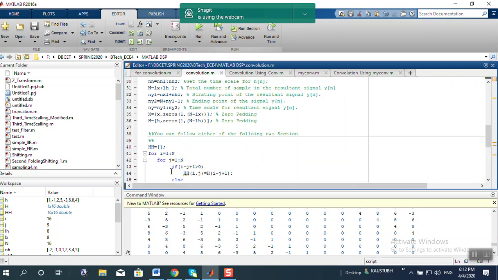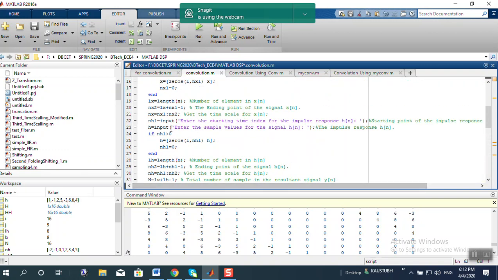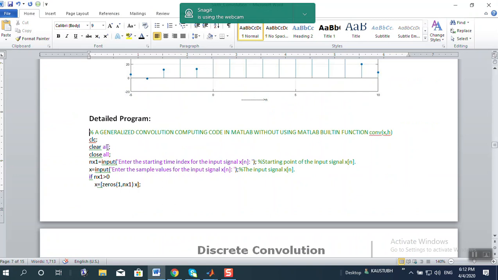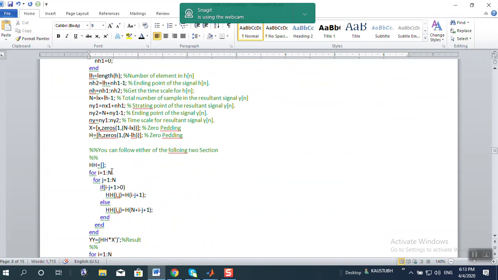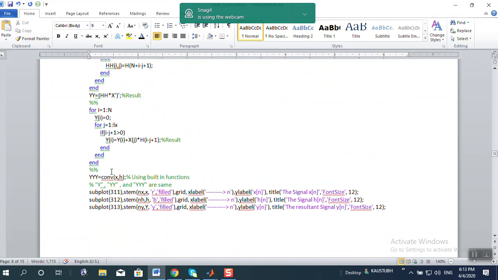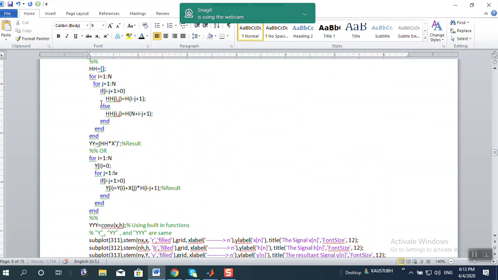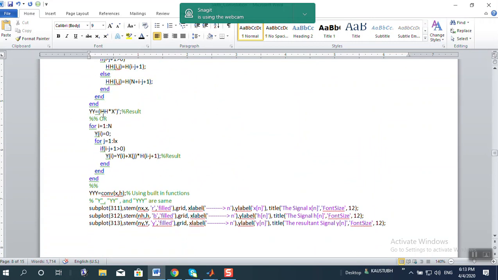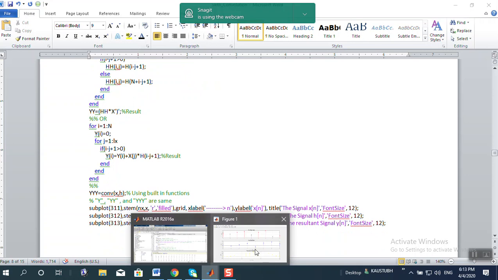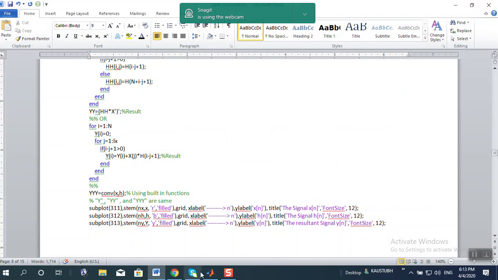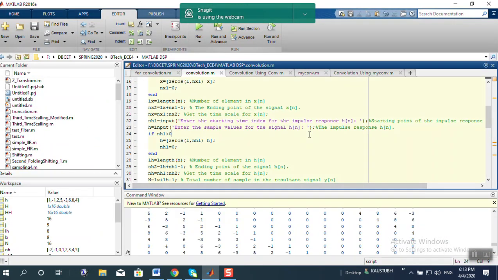So this is actually the program. That is why this program I have given here. You can follow either this part or this part. Hope it is clear. Next,